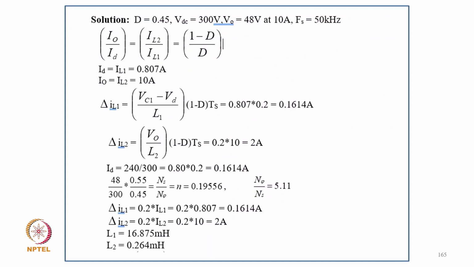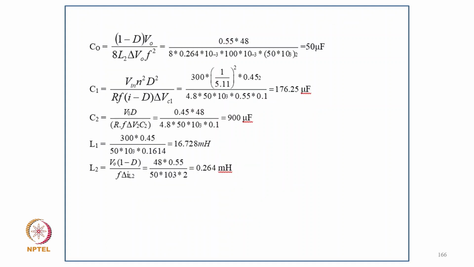So just using the formula here, the voltage output is given, so duty cycle 0.45. So we can find out IL1 0.807, IL2 10 ampere, delta IL1 equal to 0.1614 and delta IL2 comes like 2 ampere, ID1 is 240 upon 300, it comes 0.1614 ampere, and putting this relation getting a turns ratio, it's 0.19556, or 5.11 for primary to secondary. So delta IL1 is 0.2 IL1, that becomes 0.1614, and from this we get L1 16.875, L2 equal to 0.264 millihenry. Similarly, CO equal to 1 minus D V upon L2 square, so it comes 50 microfarad, and